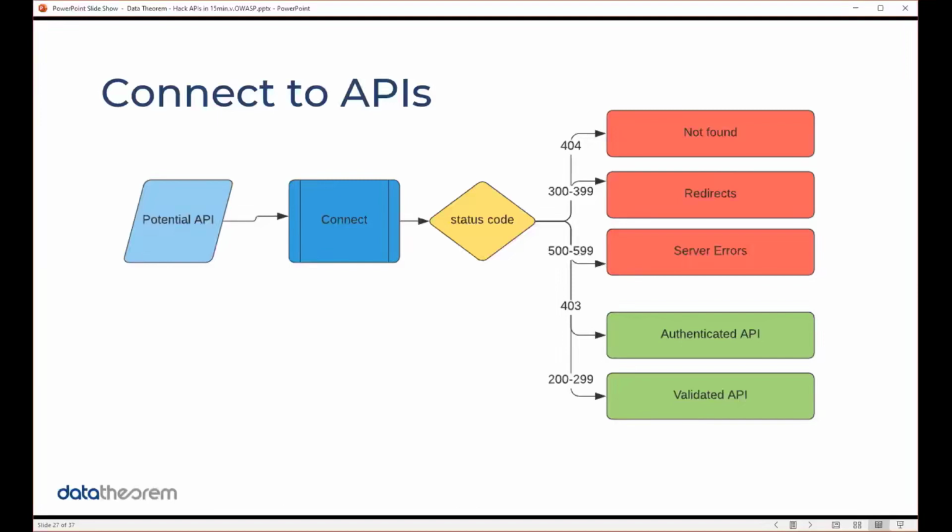Now, if we get a 200 to 209, that's all good, right? That means that we were able to connect successfully, no problems. If we get a 403, which is an authentication error, that's still a green light. If we get a 403, that means that we found a real API and we tried to connect to it, and it just told us, no, you can't connect here without a password. Remember, we're doing API inventory here. So we only care about figuring out which APIs are real and valid, not necessarily worrying about the authentication scheme of them. Those can come later.